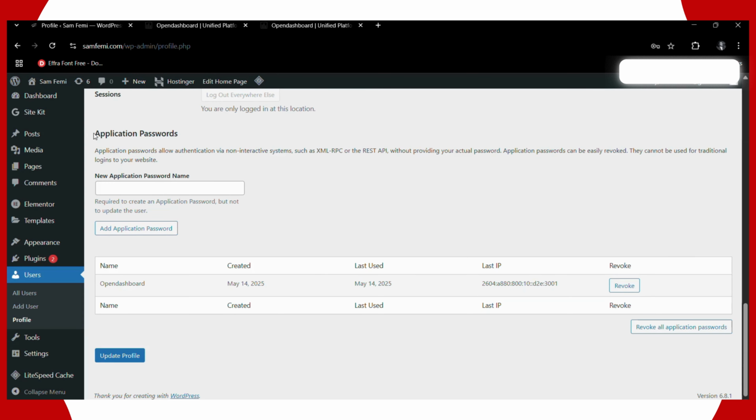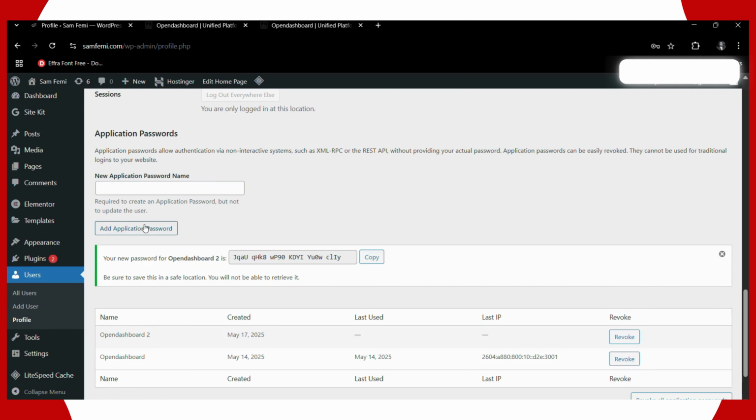Then you can see application passwords. So we have application password. You write, for me, I'll just put open dashboard. Once I've written open dashboard 2, then I'll add the application password. So you can see your new password for open dashboard 2 is this. You have to copy this. Once you've copied this, you can save it in your notes, or you can just copy it and go straight